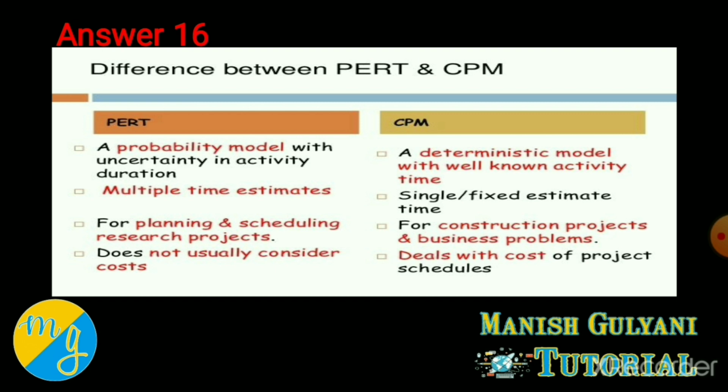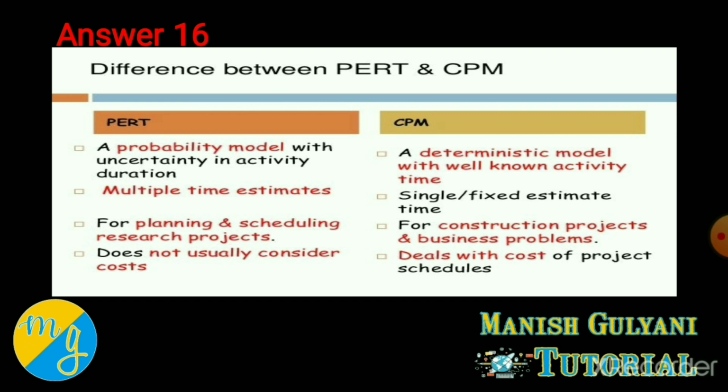Now what's the difference between PERT and CPM? The meaning of PERT: PERT is a project management technique used to manage uncertain activities of a project. And CPM is a statistical technique of project management that manages the well-defined activities of a project. So PERT is always used for new projects. CPM is always used for repetitive projects. PERT is event oriented. CPM is activity oriented. PERT always focuses on time and CPM always focuses on time and cost trade-off.